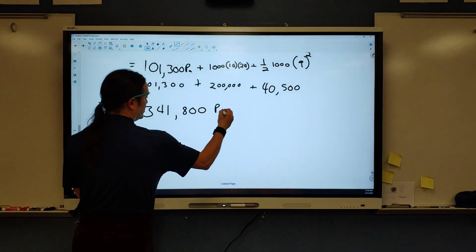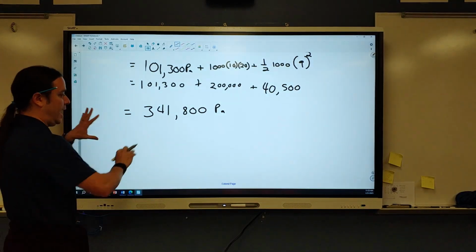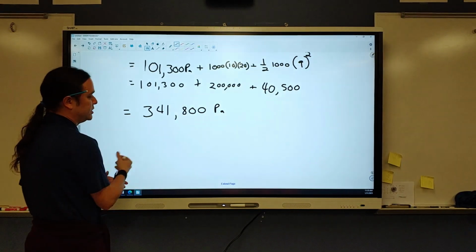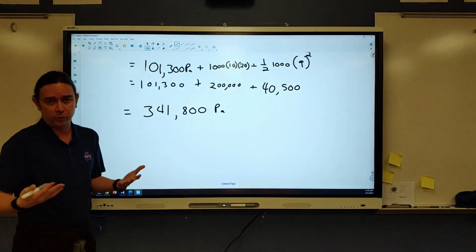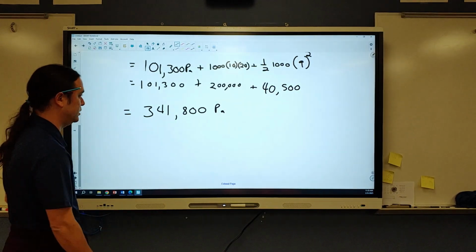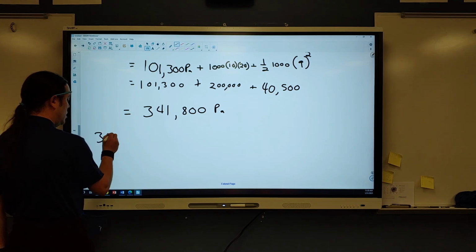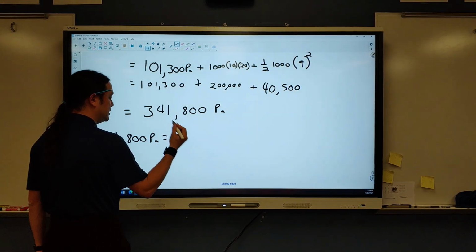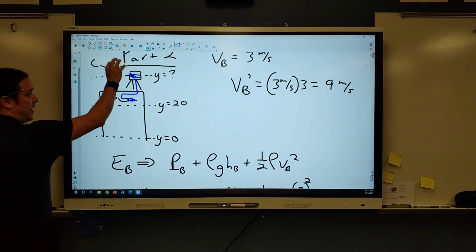341,800 pascals. Now, many times you just set point A and B equal to each other, or in this case, B and C. So you wouldn't necessarily have to solve for this number, but my board is only so wide, and we're dealing with so many numbers that it might help to stop and find one side, basically. Okay, now that I've got that, I'm going to set 341,800 pascals equal to what I need to do in order to get that value